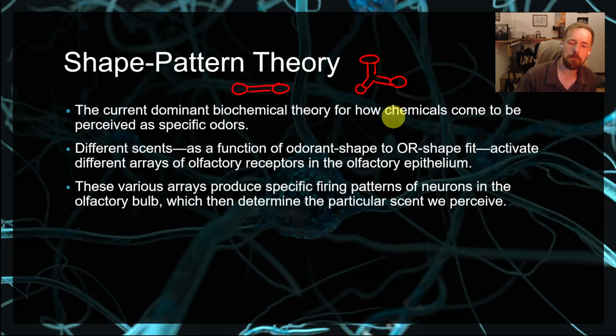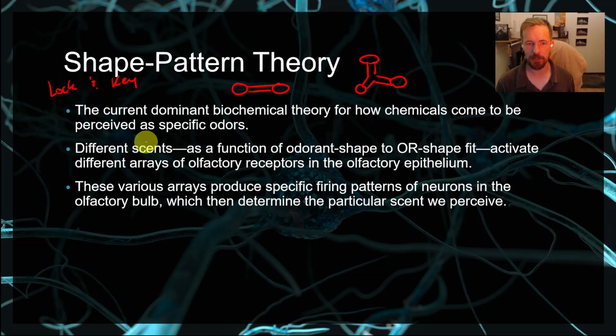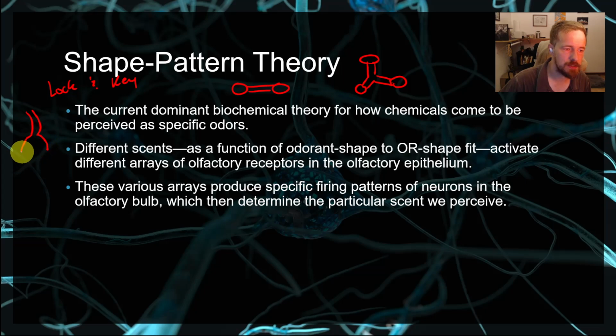So those different scents basically are going to work like a lock and key mechanism, and that is a phrase I feel like I always see people use whenever they talk about shape pattern theory. We might have a dendrite, and that dendrite has this piece that's shaped perfectly like that. What do you know? Perfectly for part of a chocolate or brownie molecule to slide right into and fit really neatly. And so based on how active, and also let me back up one second.